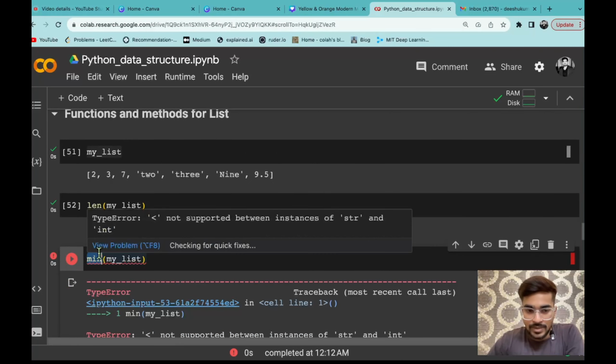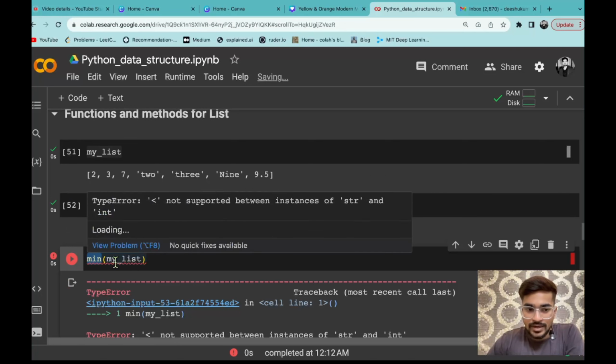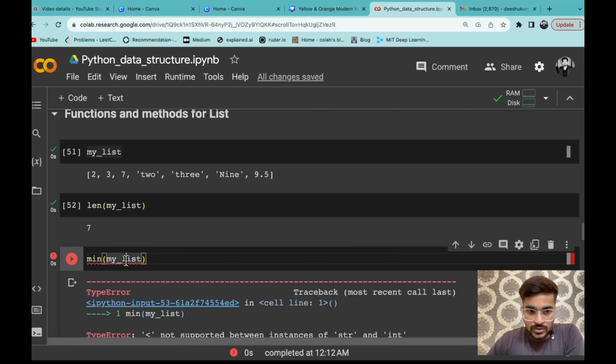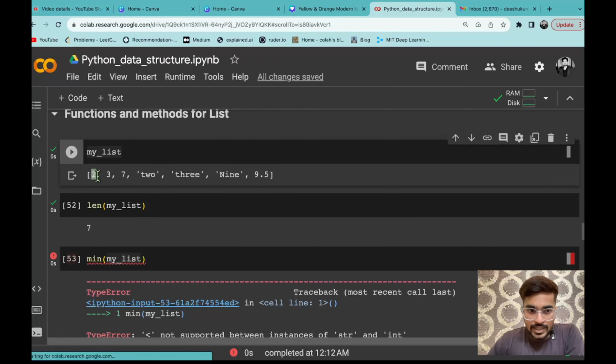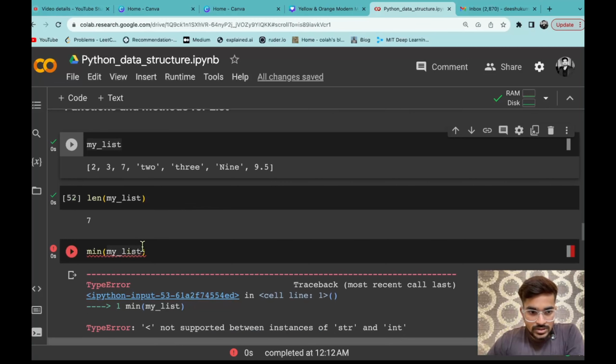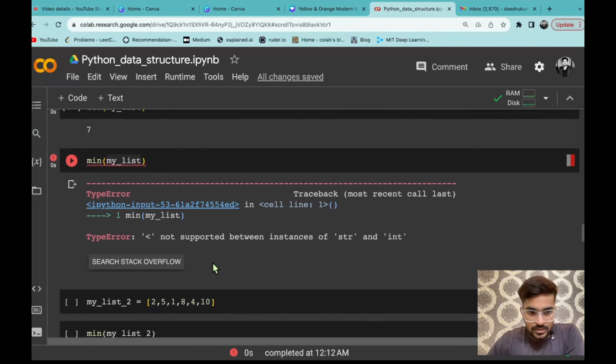कभी भी आप min and max का या फिर कोई भी aggregate function का आप use कर रहे हो list में, so you have to first of all make sure that all the elements you have are of the same data type. So अगर numbers हैं then you can do min, max, average, all of that. But अगर string है so min, max you can do, but average of any string cannot happen. So वो भी गलत हो जाएगा. So you need to take that in mind. So you can see it is returning an error.